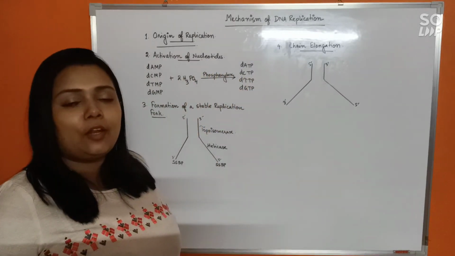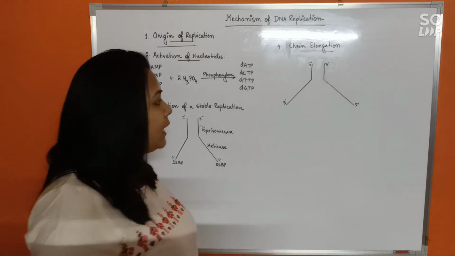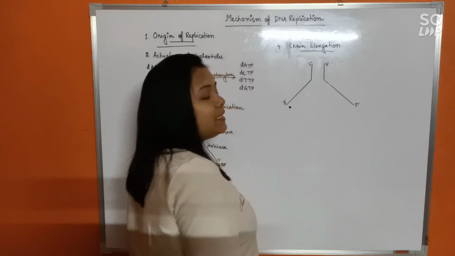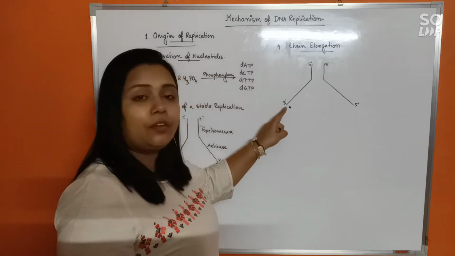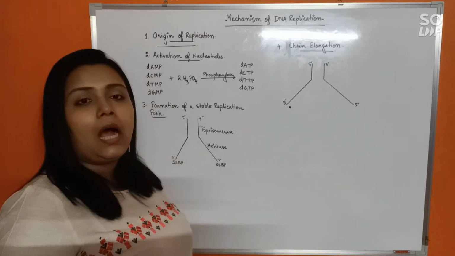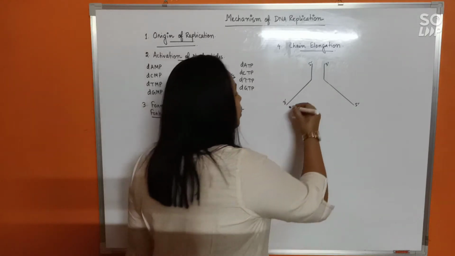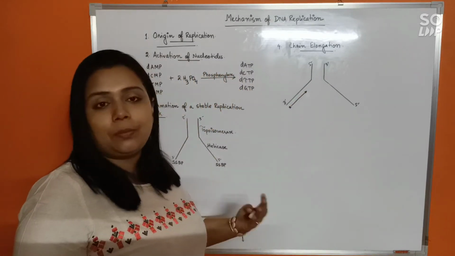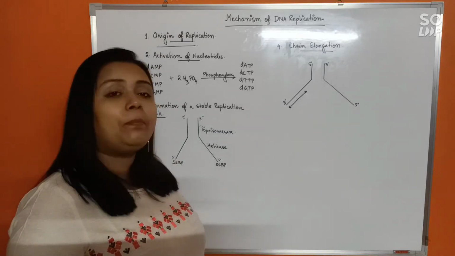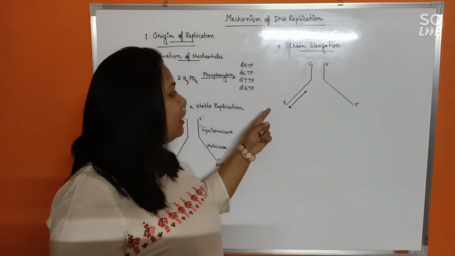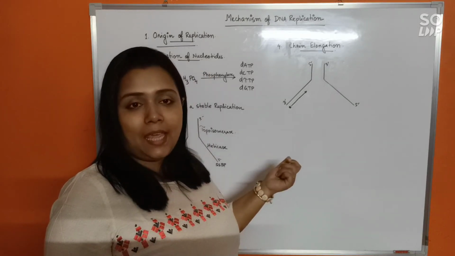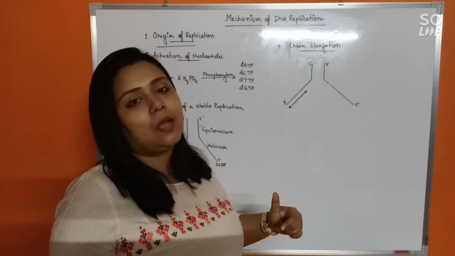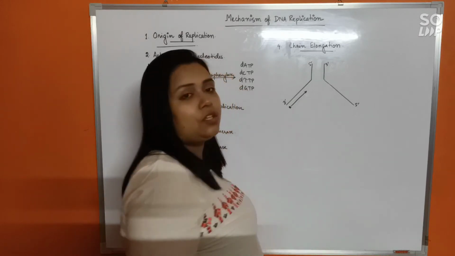Because the DNA polymerase cannot initiate the process of chain elongation, at first an RNA primer made by the enzyme primase will be set up at the start position. After the primer has been added, chain elongation will be initiated by DNA polymerase as per base complementarity rule. So if in the parental strand there is A, in the daughter strand there will be T. If there is a C, then G. Likewise, by base complementarity rule, the new chain elongation would begin.